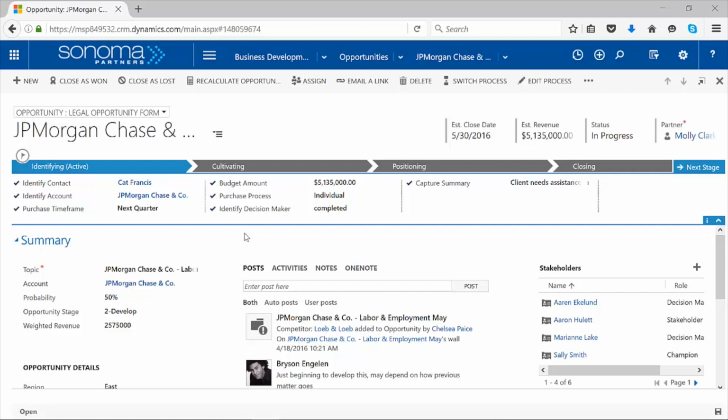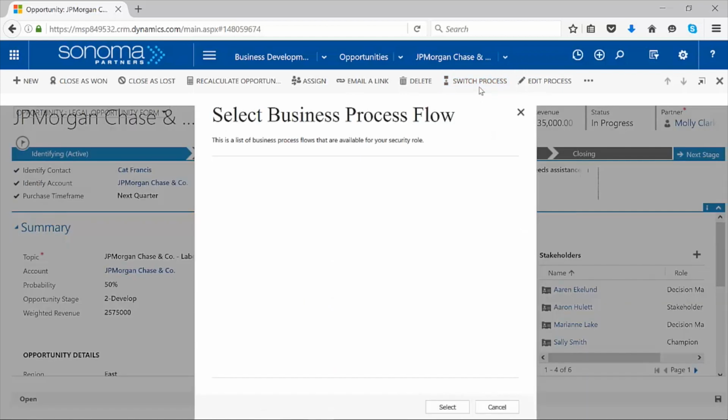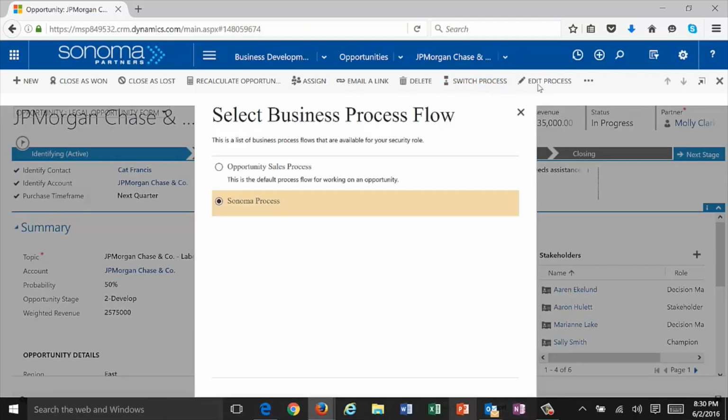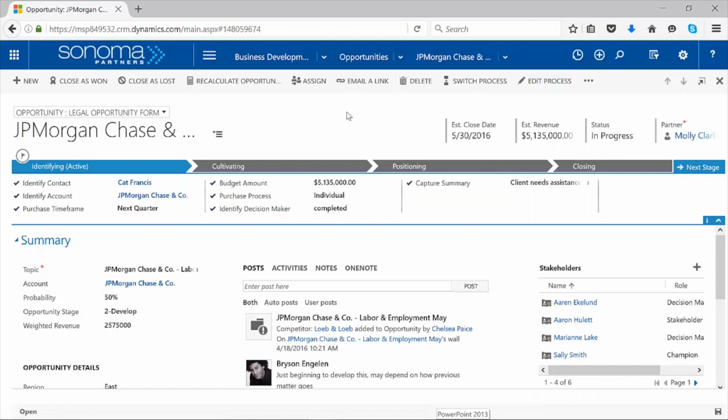This is something that you can create multiple processes around. So I can switch processes here to different sales processes within the opportunity. You can also change these processes to apply to various types of things. So if you want to have a process that establishes how a contact is dealt with when you first create that relationship,